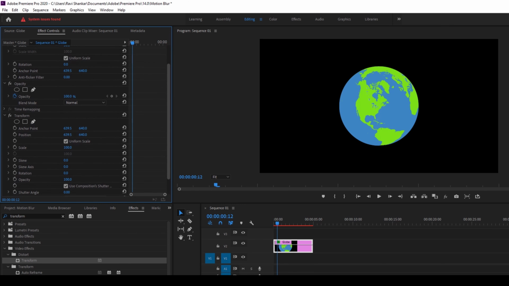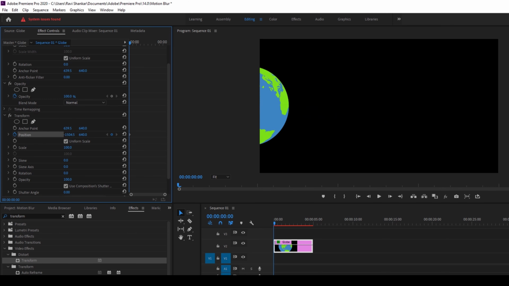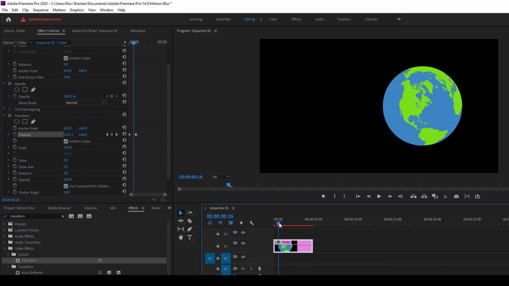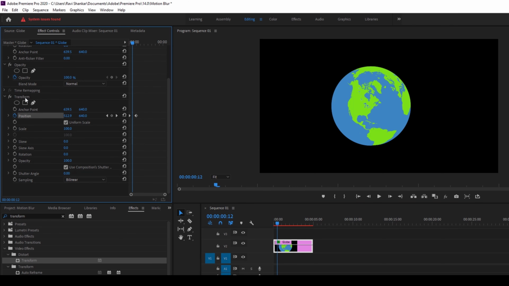We have different parameters for position, scale, right? So make sure at the first frame, click on this timer button here for position, move this towards the left and I'll move 1 second forward and I'll move this towards the right, and now if I start playing the video, you would still not be seeing the motion blur. To enable the motion blur in the transform effect, we have an option to uncheck this